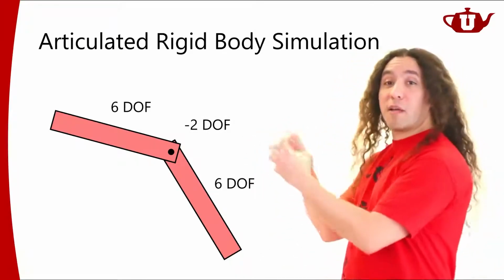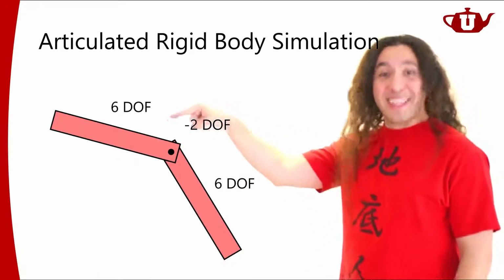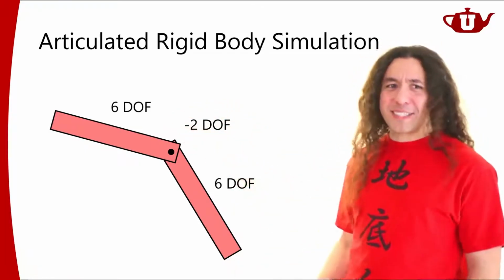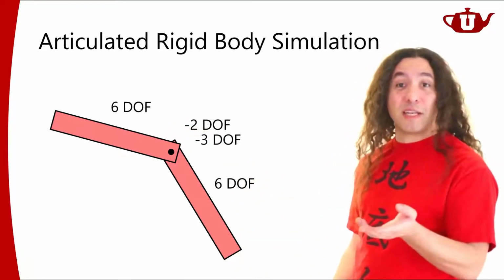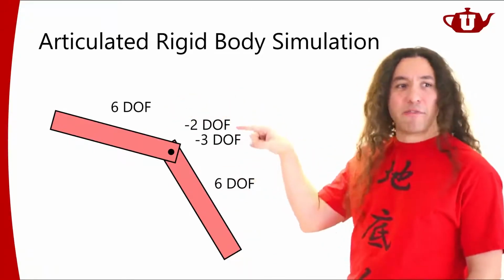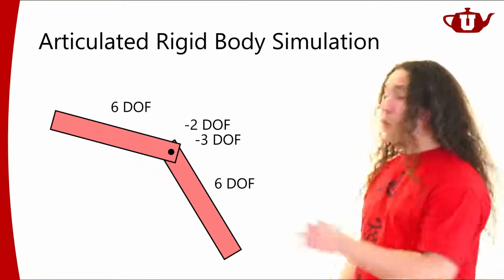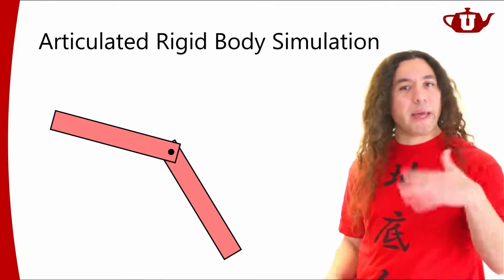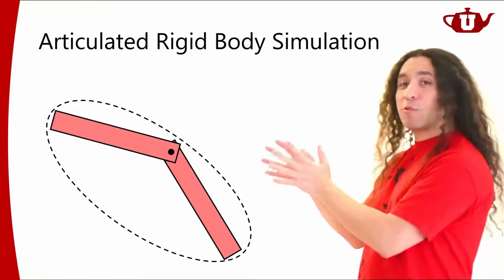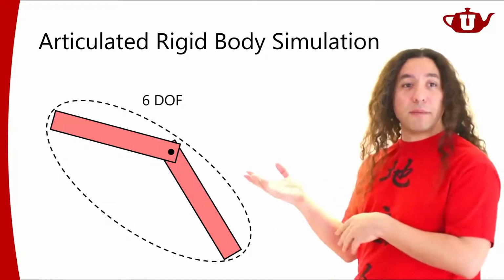It's also, these 2 bodies are also attached together at this joint. So this body cannot move independently from this other body, right? So its position is not really independent. So I need to remove its position degrees of freedom as well, right? So if you count all of these degrees of freedom, like 6 here, 6 there, and 5 removed, I end up with 7 degrees of freedom, right? That's one way of looking at it. Here's maybe an easier way of looking at this. You can think of this as just one object. Now, if this were a rigid body, I know that it would have 6 degrees of freedom, right?